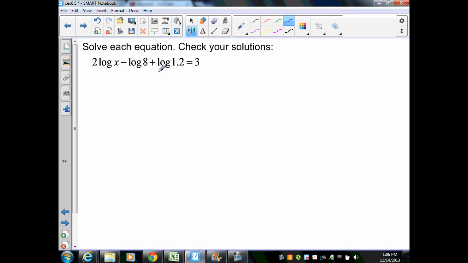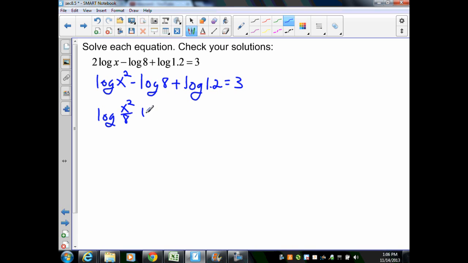In this example, I have 2 times the common log of x minus the common log of 8 plus the common log of 1.2 equals 3. To simplify the left side, I'm going to have to use the properties of logarithms. The first term, I'm going to use the power rule, which is going to give me the log of x squared minus the common log of 8 plus the common log of 1.2 equals 3. Now I can use the quotient rule,